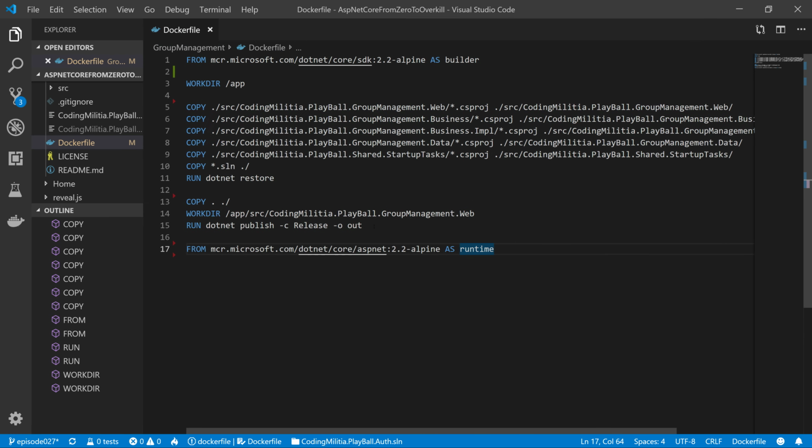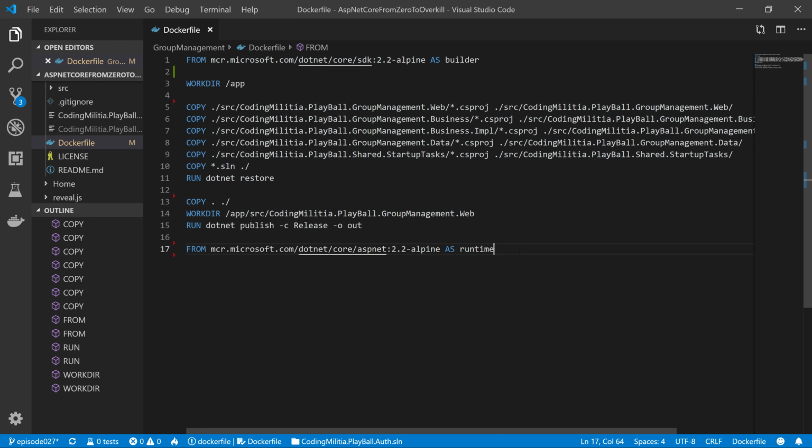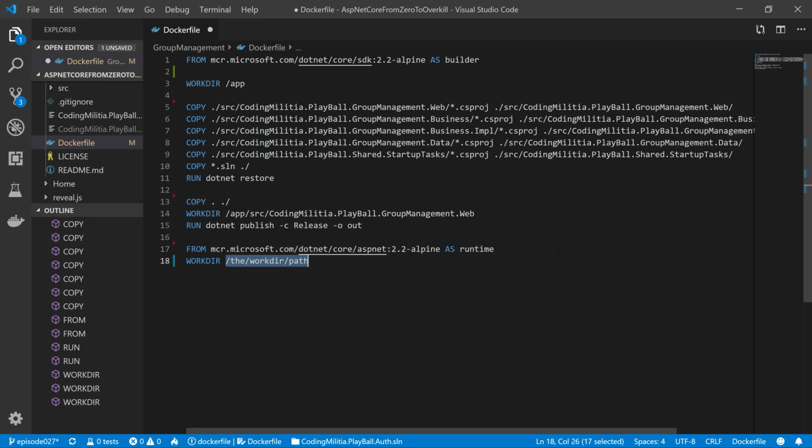So we built the application here in this builder stage. Now we can go into this new stage in which we are actually building the output container image. So this was basically an image just for building, and now we are going to have an image for actually running the application. So we'll do the same, WORKDIR application,